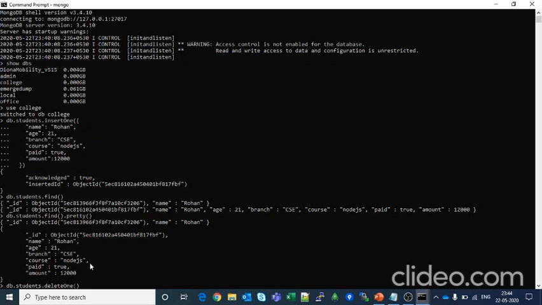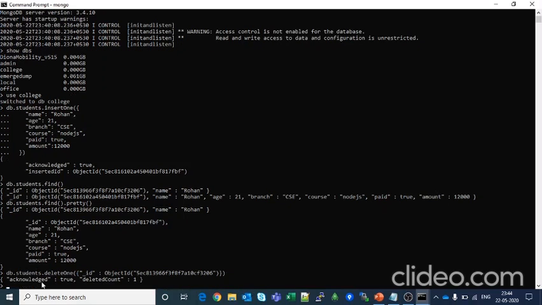So here we will pass the criteria whatever we need. Let's say the ID will be unique for each document. As here the name is matching for both the documents, so we will take the ID as the criteria. Yeah, it is acknowledged as true and one document got deleted.